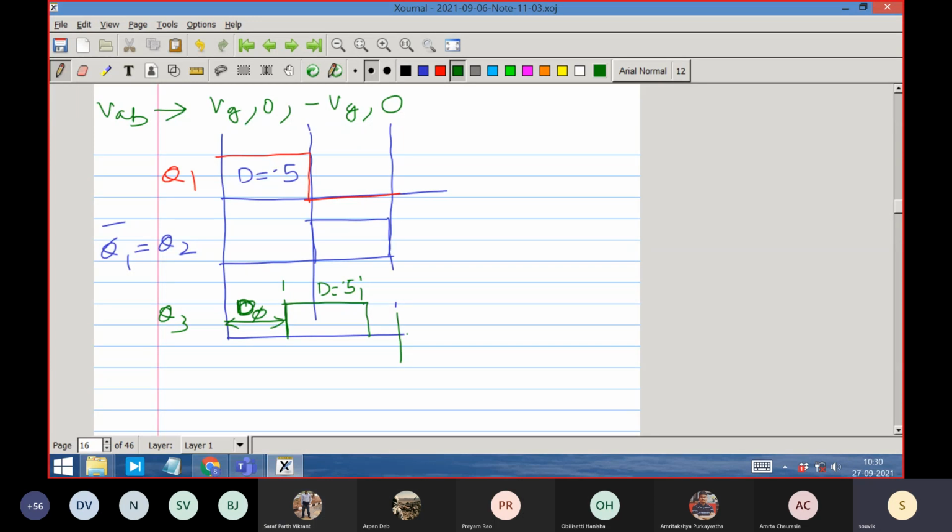So why are we assuming duty ratio equal to 0.5? First of all, this duty ratio of 0.5 will be doing the job I want. I want to have a job of D5. I knew that the creation of phase shift has nothing to do with D. I could have created it with other duty ratios also; the concept of phase shift could have been created with other duty ratios.